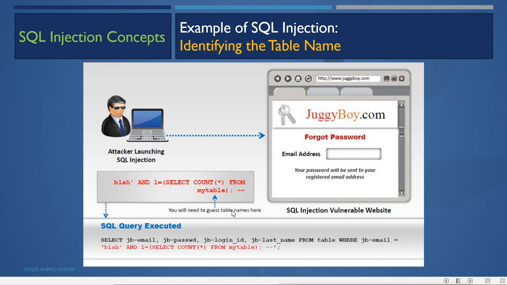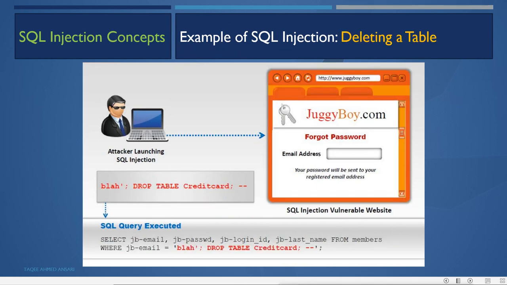Now what is the problem in this type of query? We have to guess the table name. That means we don't know the table name, so we have to guess it here, and if it runs successfully, then you can see the information about the table. You will see the whole table information. So the first query, designed in the web application, will end here on blah, and the next query is combined with AND. It will dump the whole table and the information from it.